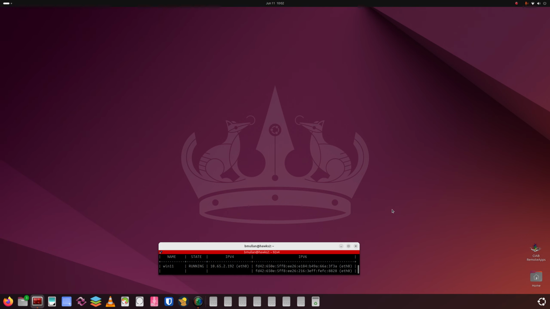Running Windows 11 in a virtual machine on Ubuntu, in order to interact with the applications, you have to bring up the virtual machine Windows desktop and work with the Windows desktop. What I'm going to show you is how you can make use of Windows Remote Apps to run Windows applications of your choice